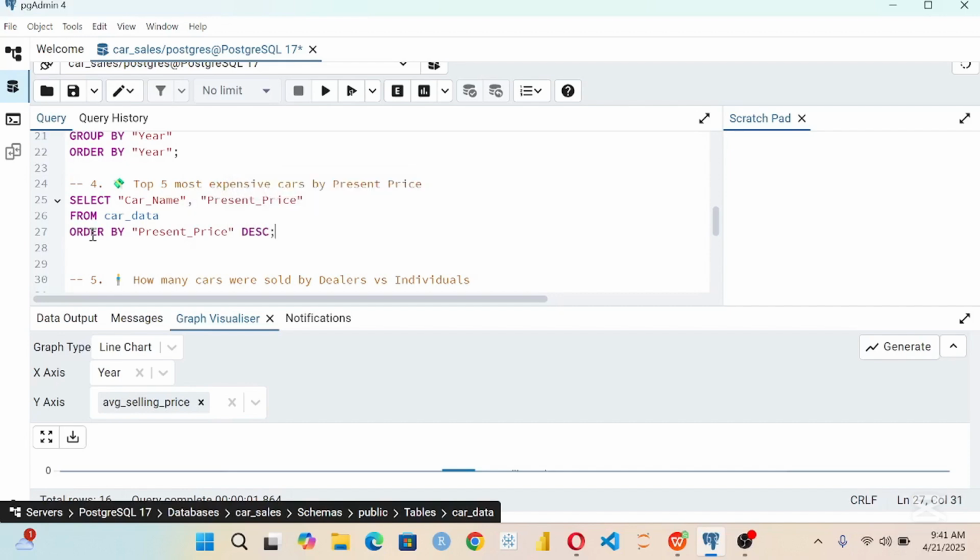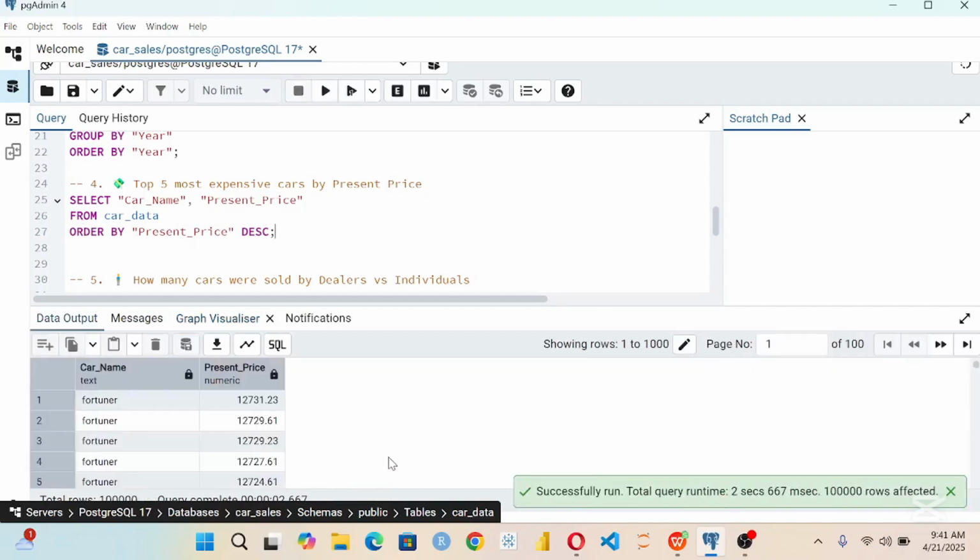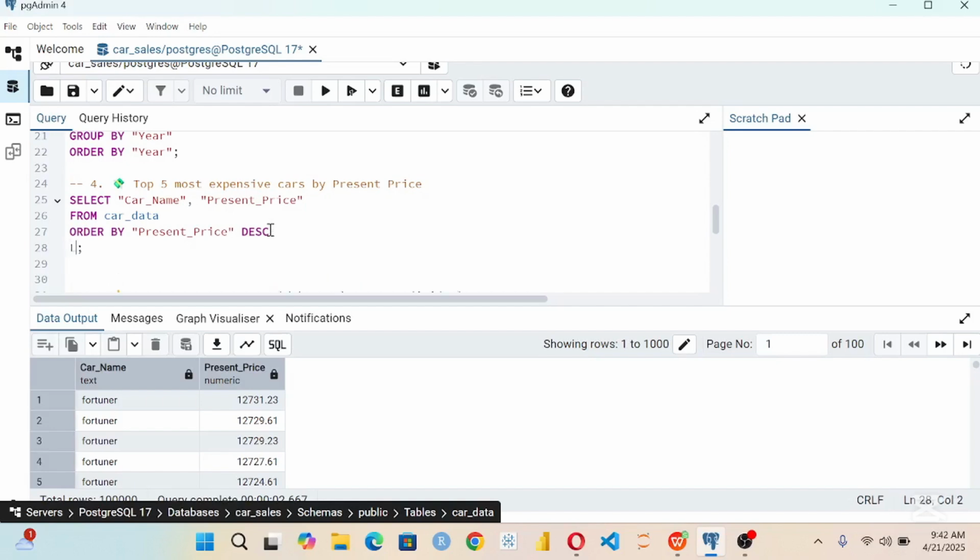In this case, just enter a semicolon and click F5. You are supposed to see the results in this case. Good. So now what we are able to see, there is another query that you can add here. For example, you wanted to see the top 5. You just come here and push enter and use limit. In this case, limit to 5. You are interested just to see the top 5